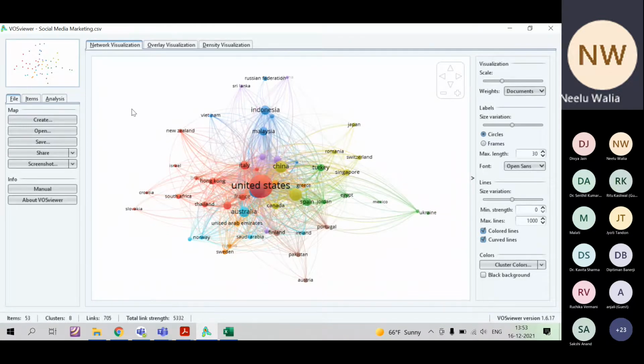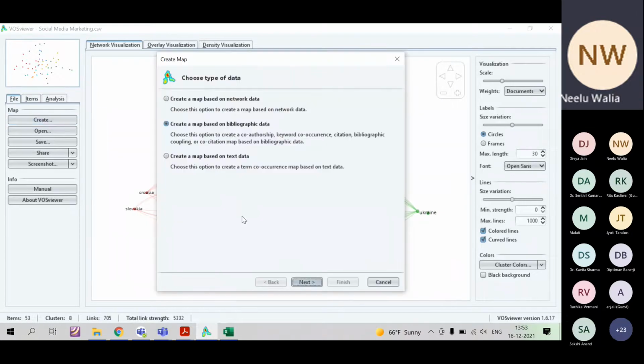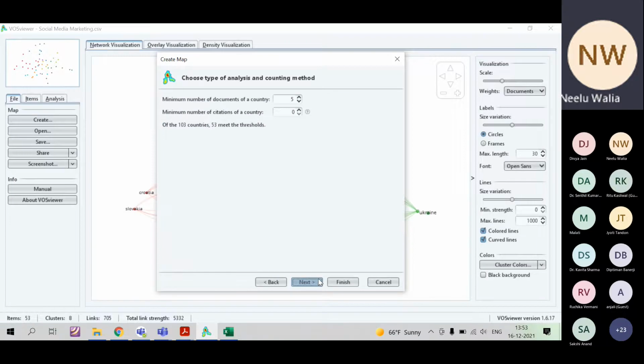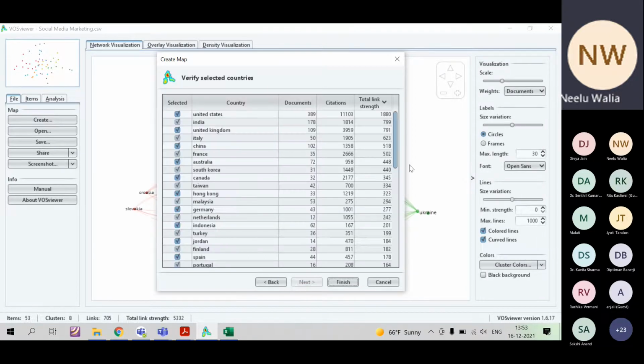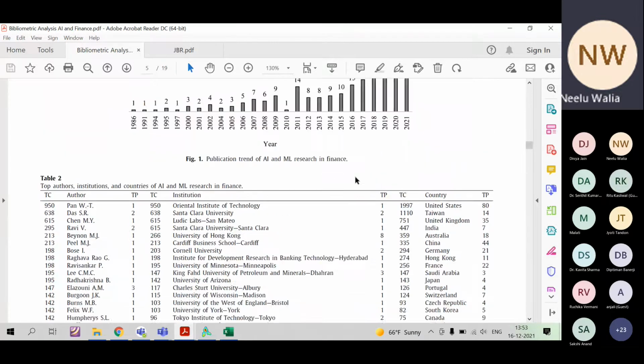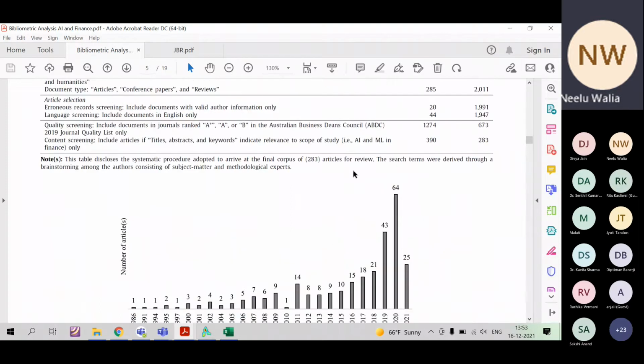We'll discuss this later on. I am just going through the paper, decoding it so that it would be easy for you to write when going for a bibliometric analysis paper, right? So we have the table ready because we got all this information clear. Let us see how the analysis has been written for it.